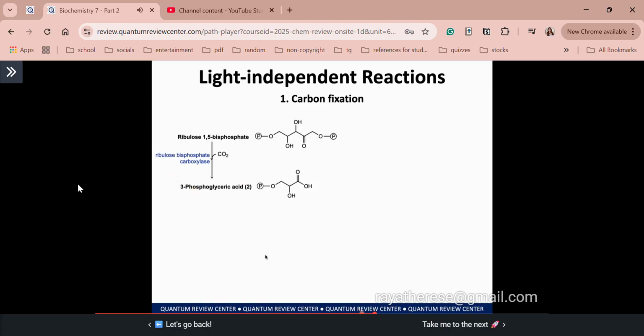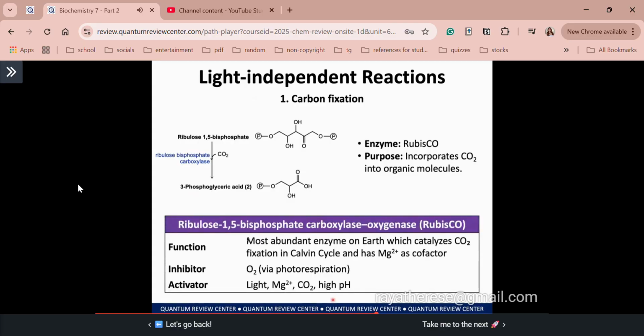Class, the enzyme's abbreviation is Rubisco. Sir, it seems familiar. Yes. Here, its purpose is to incorporate carbon dioxide again to your organic molecules. Class, did you know that Rubisco is actually the most abundant enzyme? Please remember, some students get confused and write it as Rebisco. So, Rubisco. Maybe because of hunger, we're having slight errors in the spelling of Rubisco. Going back, again, Rubisco's function, the most abundant enzyme, catalyzes carbon fixation in this specific pathway,